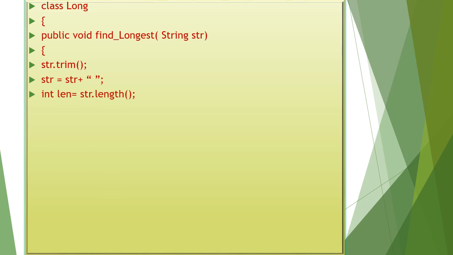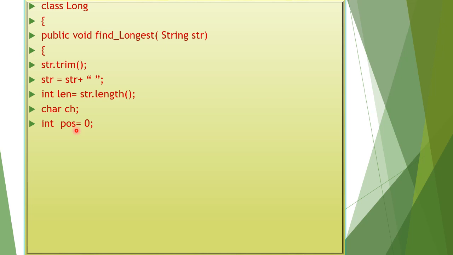We find the length of the sentence, and it is stored in the variable len. The number of characters in the given sentence is stored in the variable len. Variable ch of char type is for storing each character of the string, and the variable pos is for storing the start index position, because we will be extracting each word and storing it in a variable by using the substring function.